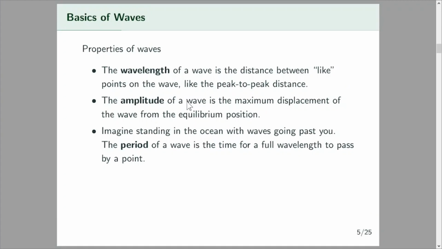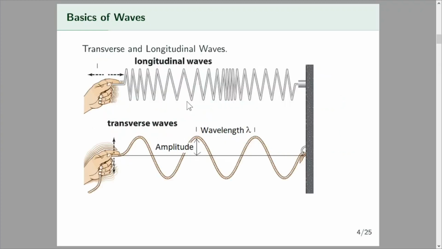The amplitude of a wave is the maximum displacement of the wave from equilibrium. So let me see if I can put that in here again. If you look at this wave on the rope, as the wave goes down, if the rope's just held straight, it runs right along the center, and so the maximum displacement is where the peak is, and that distance from there to the equilibrium position, to the center line, is called the amplitude.